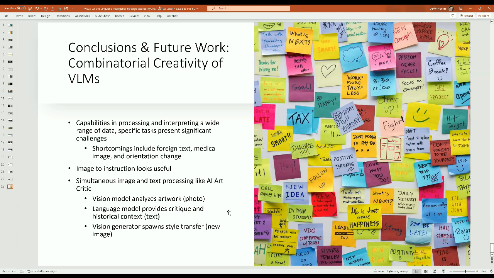So a simple cartoon of that is you could have a vision model that analyzes, say, a photo or a piece of art, and the language model provides some derivatives or historical context for that. And then that text spawns the next generation of a new image. And how simultaneous that can be done, even when you go back to the human brain in terms of Broca's area and the vision in the back of the head and language in the left side of the head, however true that is in practice, that still has a sense of simultaneity that makes it most interesting.